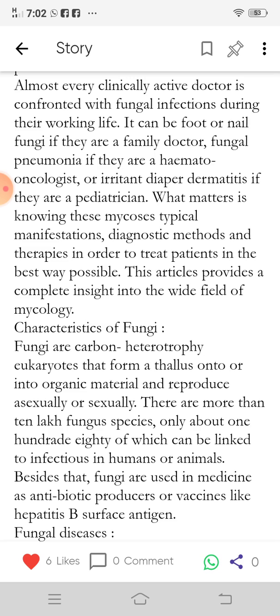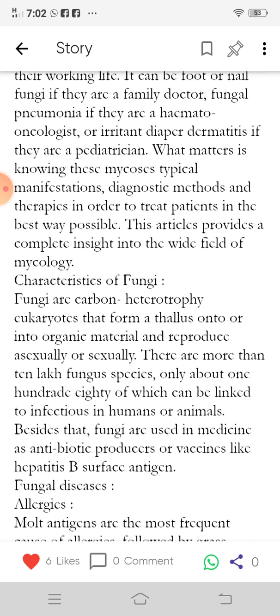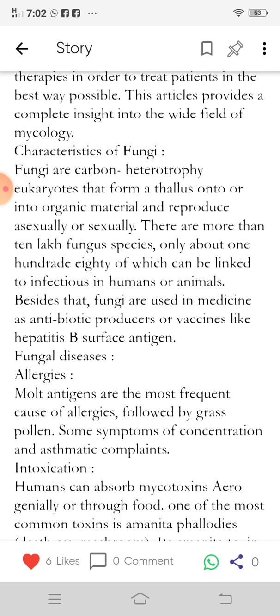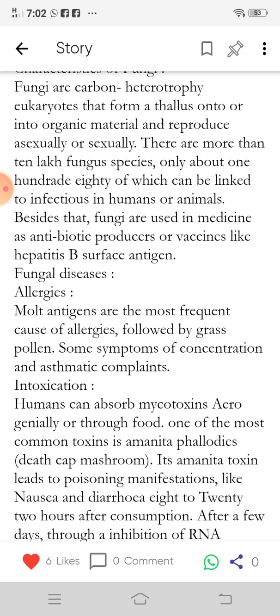Characteristics of fungi. Fungi are carbon heterotrophic eukaryotes that form a thallus onto or into organic material and reproduce asexually or sexually. There are more than 10 lakh fungus species, only about 180 of which can be linked to infections in humans or animals. Besides that, fungi are used in medicine as antibiotic producers or for vaccines like hepatitis B surface antigen. Fungal diseases, allergies: mold antigens are the most frequent cause of allergies, followed by grass pollen,